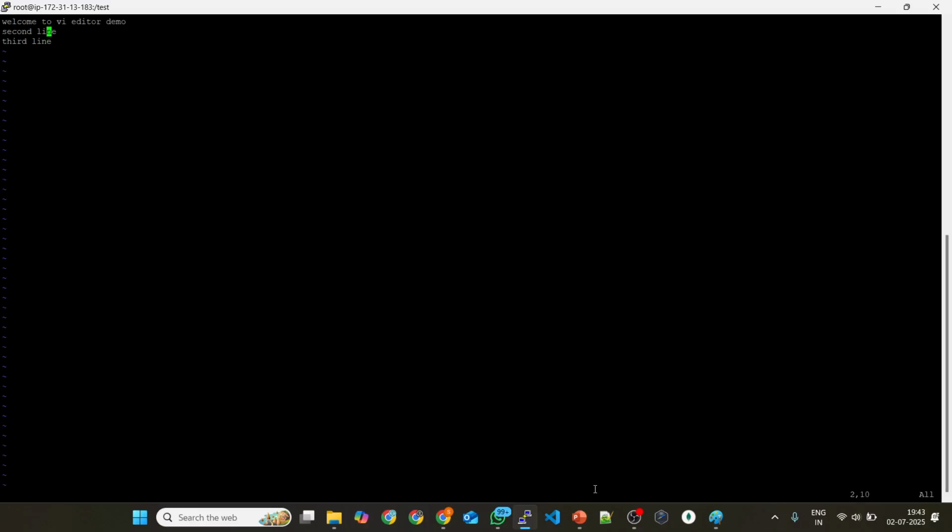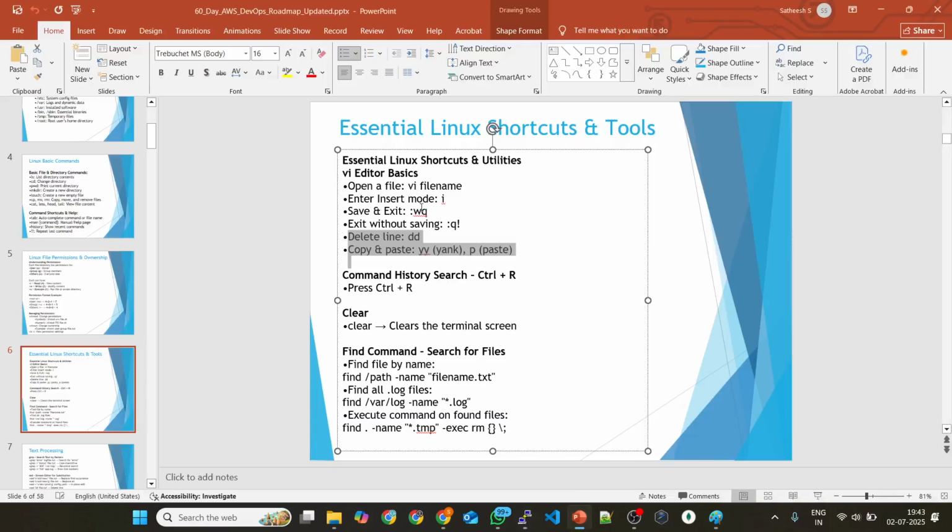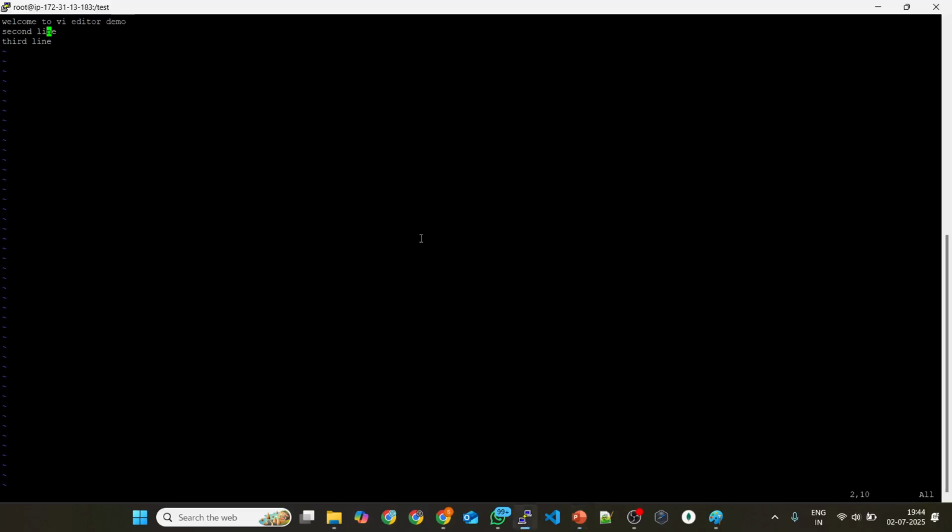Now I want to explain how I can, without going into insert mode, copy, paste, and then delete the lines. After coming here, just by using the arrow keys, you can go up, down, right, left. By using the arrow keys, you can navigate. Whichever line you want to copy, I just come to the line. I just wanted to copy the third line,